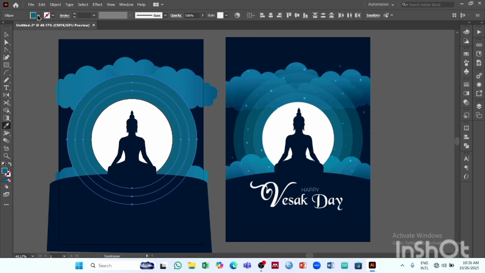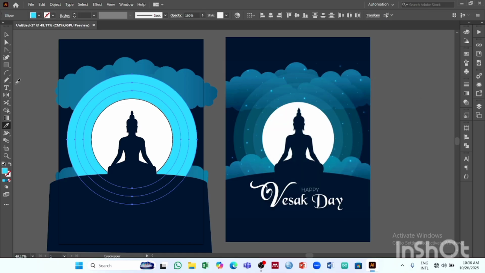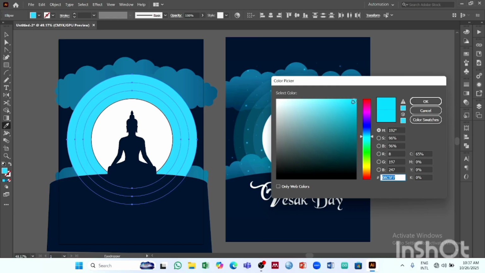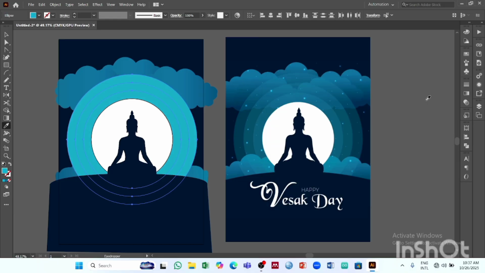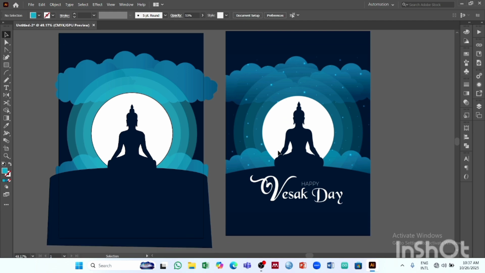A little, I should make it a little lighter. So I'll make it a little lighter like this color. It should be like this color, not too much. And I'll try reducing the opacity like that. Yeah, it's good. So now I think it's almost finished, but we need to do those stars and the Happy